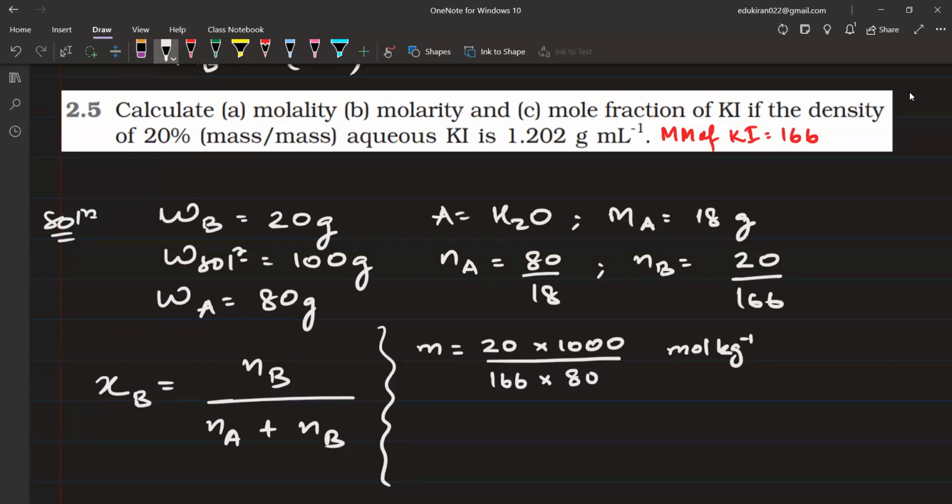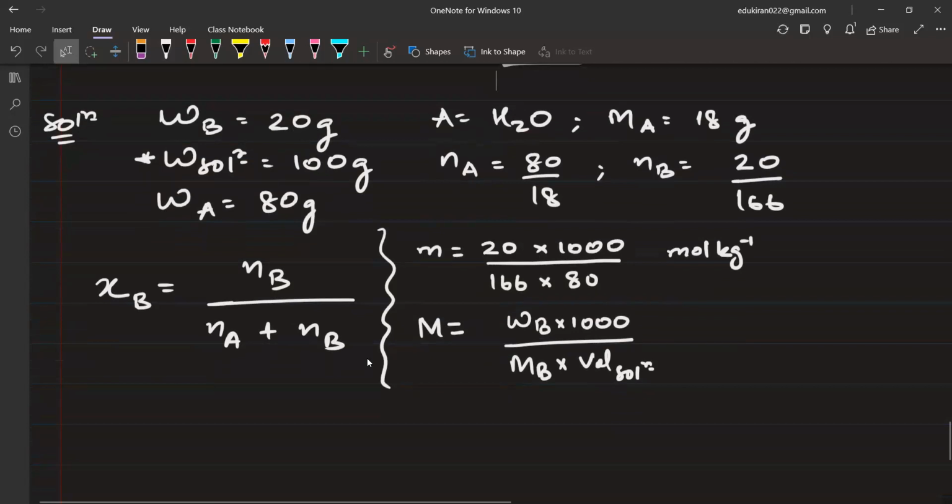Moving on to molarity. Now if you don't know how to calculate, then you are going to write the formula. Molarity is equal to, what is molarity? Please write here like this: WB into 1000 divided by MB into the volume of solution. I don't have the volume of solution, but what do I have? I have the mass of solution, and they have given me density very easily. So I will calculate